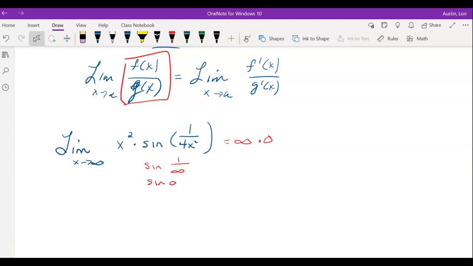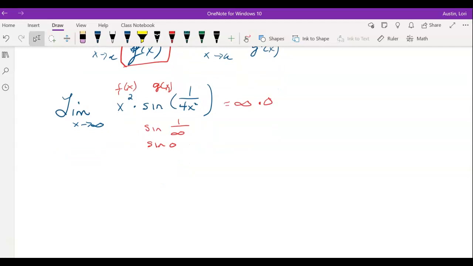So think of x squared as my f of x function, and one is my g of x function, or it could be the other way around. Doesn't matter which one's which. Please keep in mind, just because we write it as f of x over g of x does not mean it has to be that way; it could be g of x over f of x. It doesn't matter, right? So let's take a look. How can I rewrite this limit